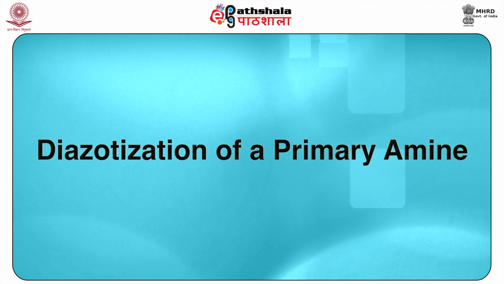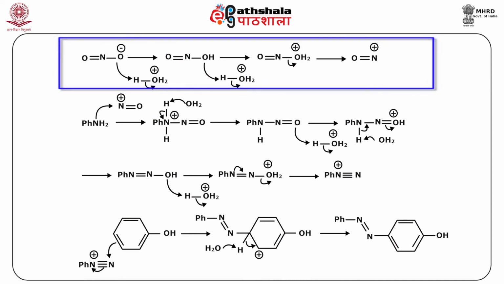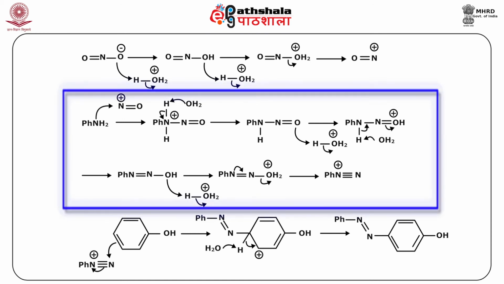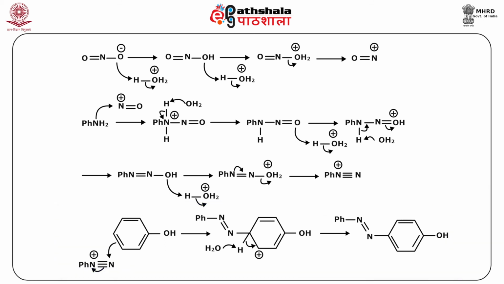Next example, students, is the diazotization of primary amine. In this reaction, we react an acid like H3O+ with NO2- to form a nitrosonium ion, NO+, which behaves as an electrophile. Then we form the N-N bond with the electrophilic attack of the nitrosonium cation on the aniline. Then through a series of protonation and deprotonation steps by water, which we call the proton shuttle, a diazonium cation is formed. You can see how the series of proton shuttle steps takes place, and finally the attack of the electrophile takes place.